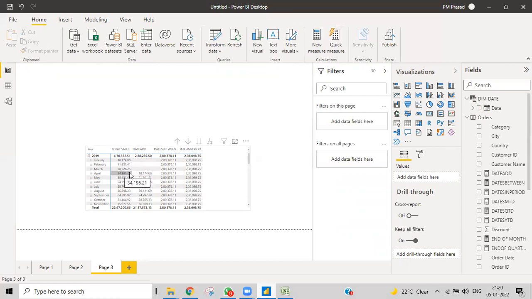It takes only that month or that date. But this gives the total entire range between those two dates or periods, irrespective of the current context. DATEADD works for the current context. That is the main important thing that you need to understand.